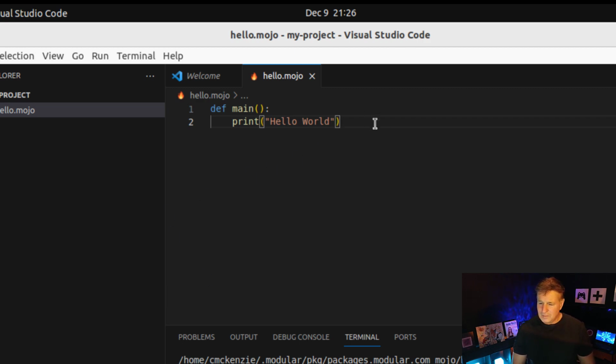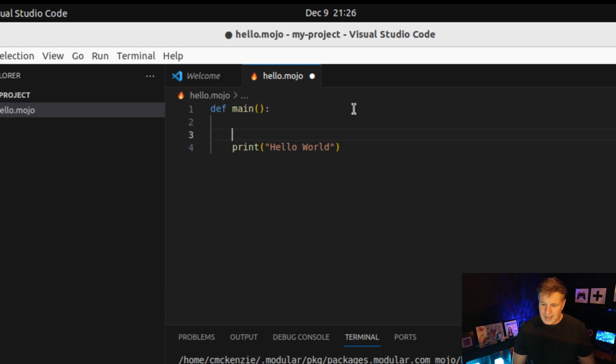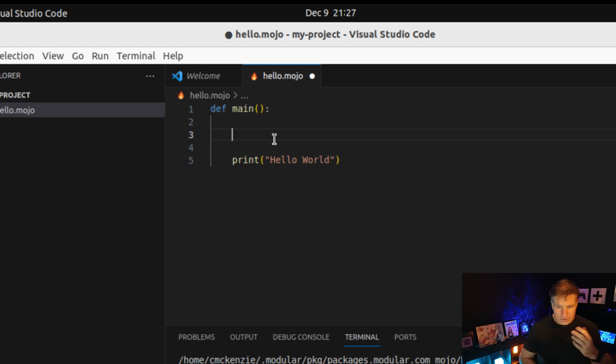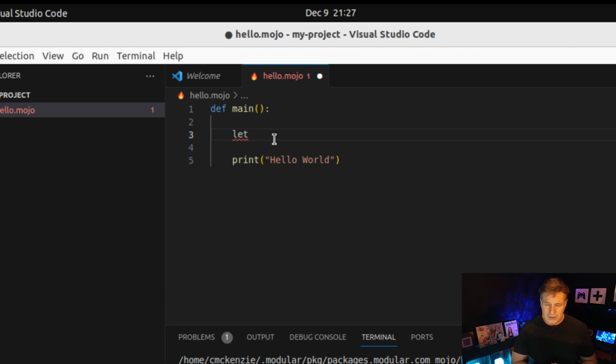What else could we do? Well, maybe we could actually go in and declare a variable as well. So I'm going to add a little bit of code here. Everybody's excited about the fact that when we work in Mojo, it's a strongly typed language. So let me actually declare a variable here. I'm going to use let, which declares a constant. I'm going to say let x equal